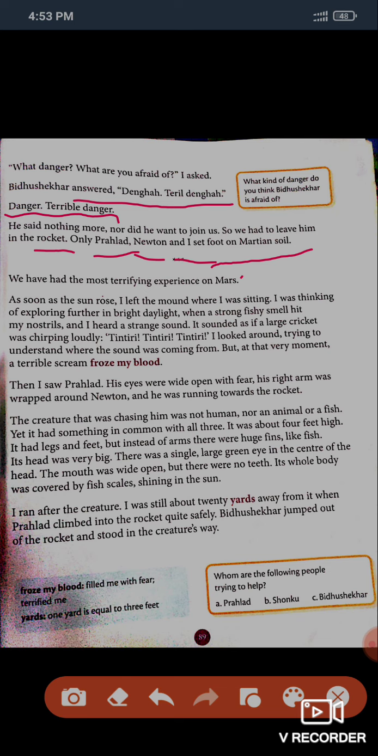Then we have had the most terrifying experience on Mars. Now they all three just land on, or set foot on, the Martian soil. As soon as the sun rose next day, I left the mount where I was sitting. I was thinking of exploring further in bright daylight, because they had landed in the night. Now the next day, bright daylight is there, and he wants to explore more things, when a strong